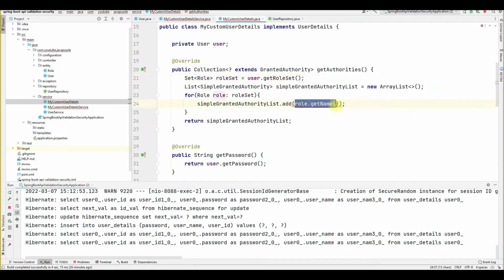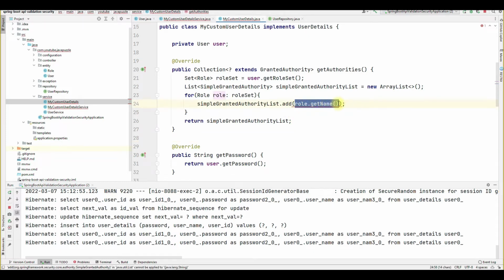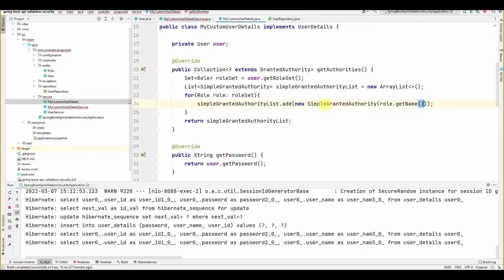Because we cannot pass a string here, you will see the error: it has to be a simple granted authority, so we have to make it. Let me cut here, new SimpleGrantedAuthority, and here we have to pass the name.